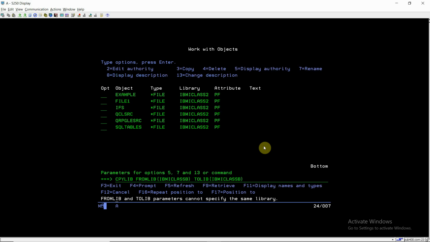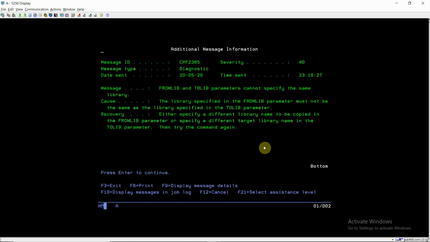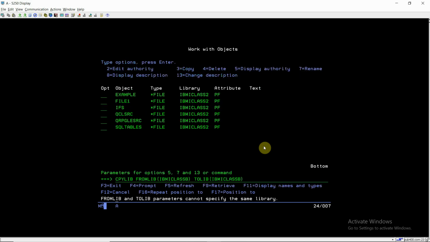I'm getting the error that FROMLIB and TOLIB parameters cannot specify the same library. This is CPF2365, which needs to be handled in our program. If we are using the CPYLIB command, we should take care of this error CPF2365 using the MONMSG command, because we cannot copy the same library to itself.